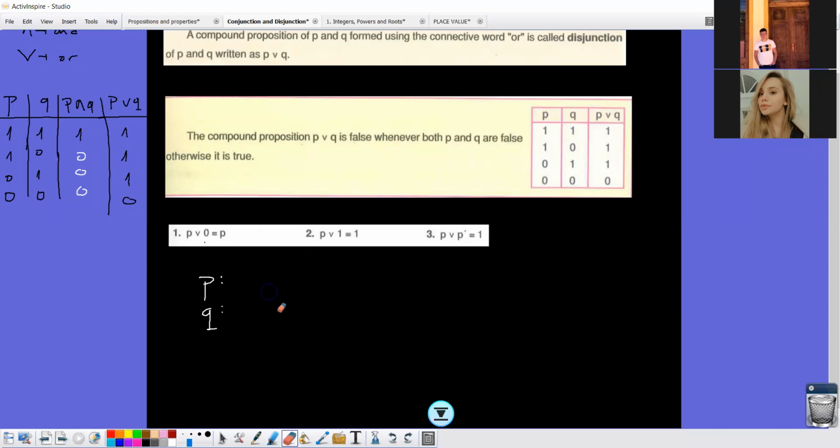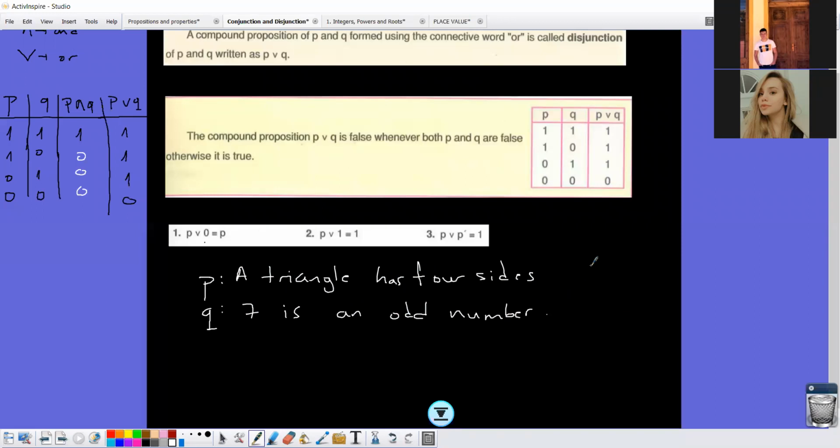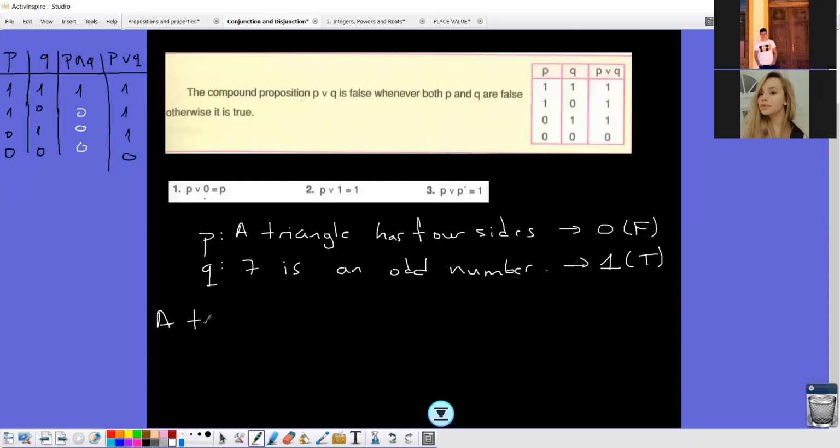A triangle, oops, I'm writing with my leg. A triangle has 4 sides and one more: 7 is an odd number. Okay, first one is true or false? No, the first one is false, 0. The second one is true, 1. Now, if I write this sentence, a triangle